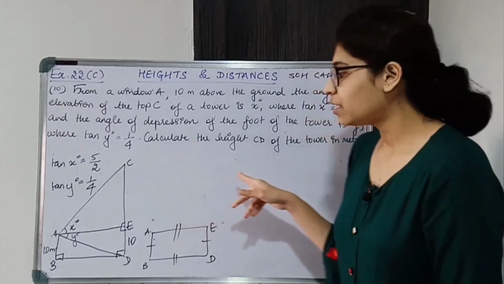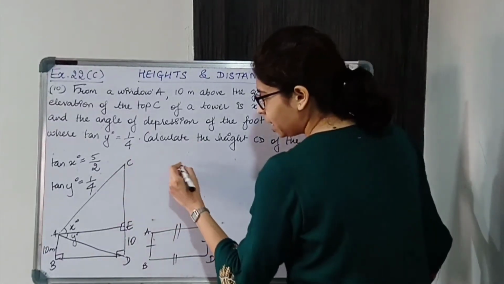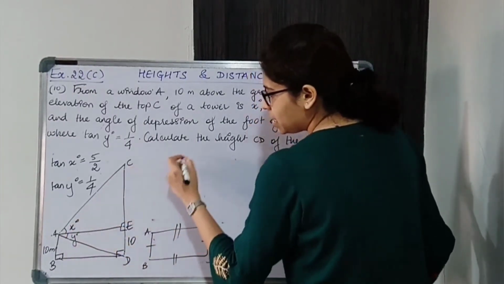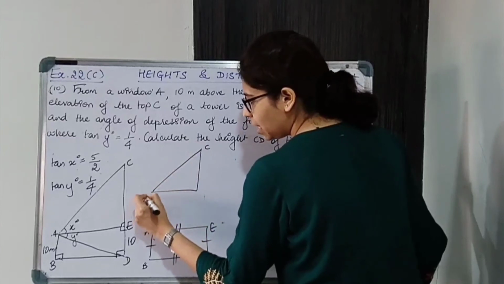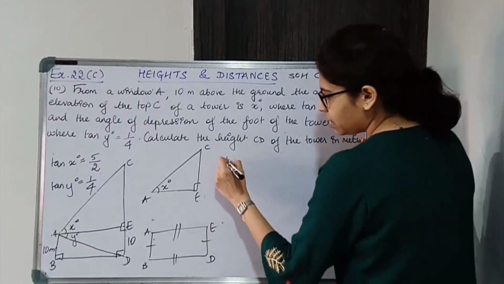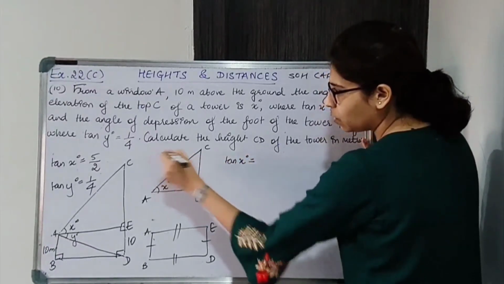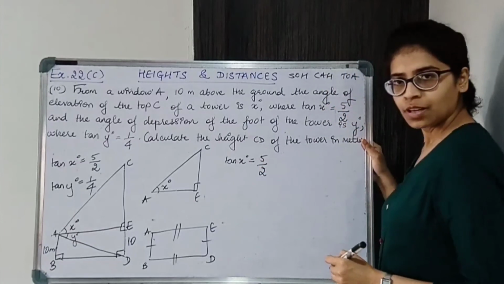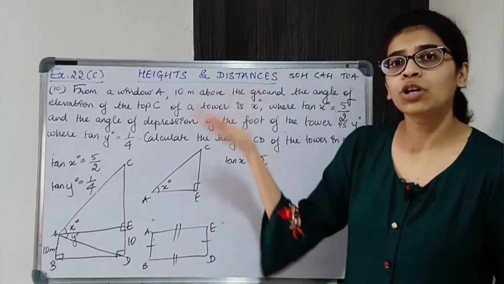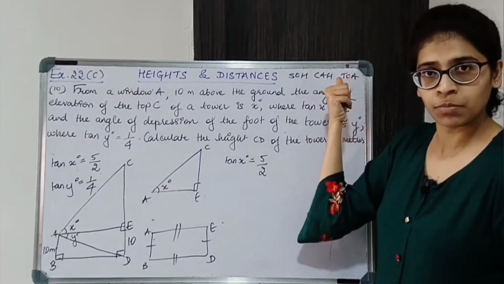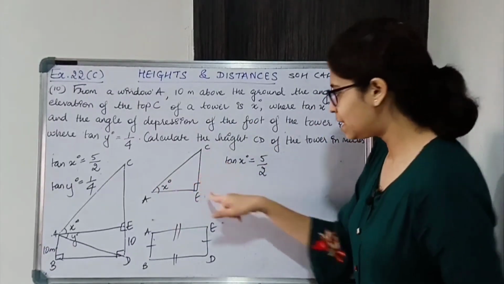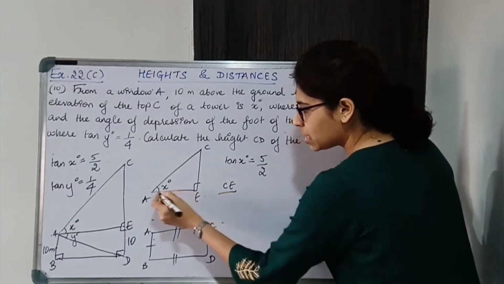So CE फाइंड करना है. Now CE फाइंड करने के लिए वो भी डायरेक्टली नहीं मिलेगा. Let us see if we are getting CE by considering CAE. So if you consider CAE triangle, this is x degrees. Now we know tan x is equal to 5/2. Now what is tan of the angle? Tan of the angle is opposite upon adjacent. So you need to remember this. ठीक है, so tan of the angle is opposite side upon adjacent side. Angle का opposite कौन सा है? CE है. Adjacent कौन सा है? AE है.